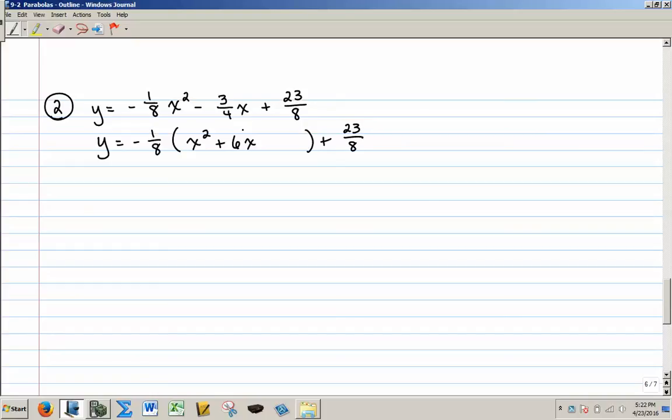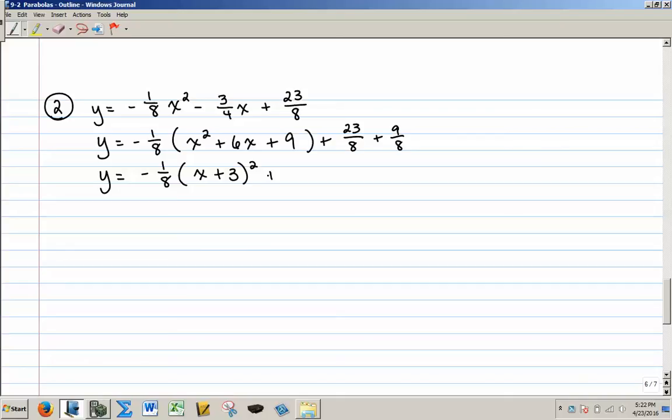Now complete the square. Take half of b and square that, so that's going to be a 9. But I didn't really add 9. I really added 9 multiplied by this -1/8 out here. So instead of adding 9, I really subtracted 9/8. If I subtract 9/8, I need to add 9/8 on the same side of the equal sign. So I have -1/8, and then factor this trinomial. That's going to factor into x plus 3 squared, and 23 plus 9 is going to give me 32 over